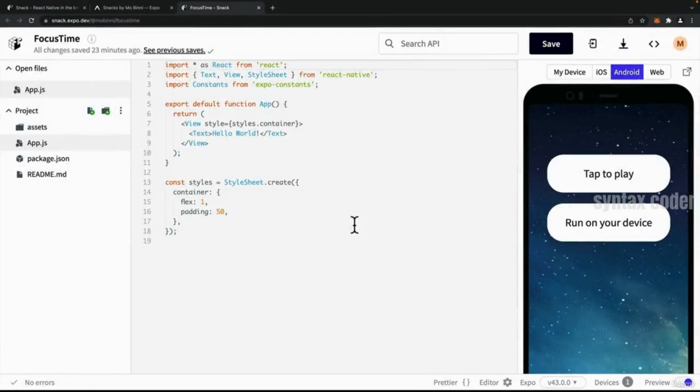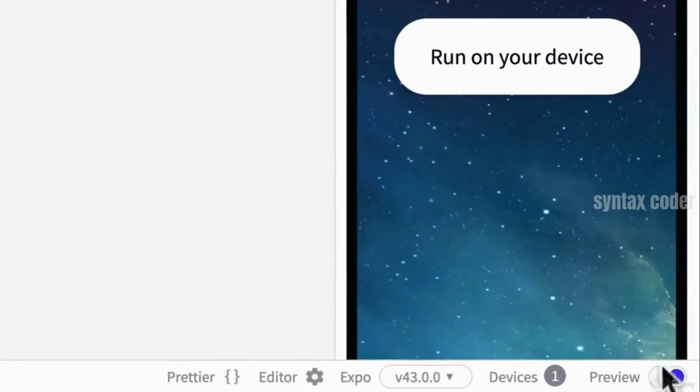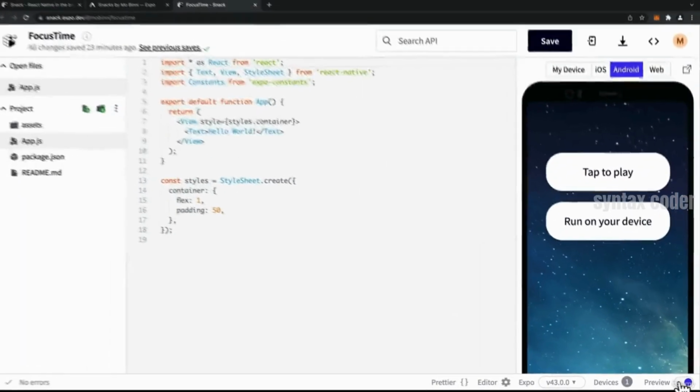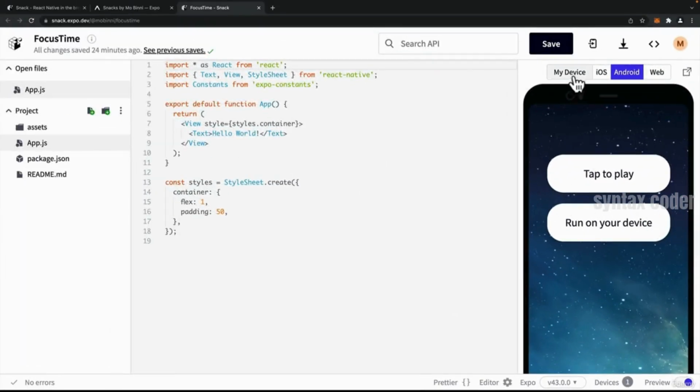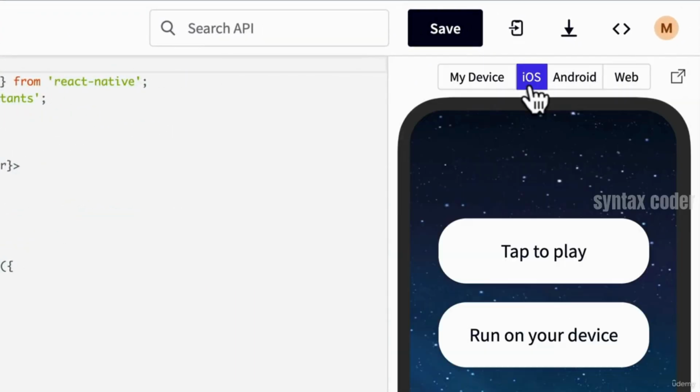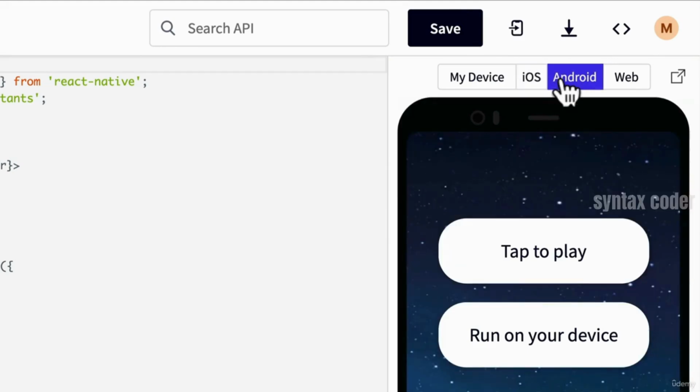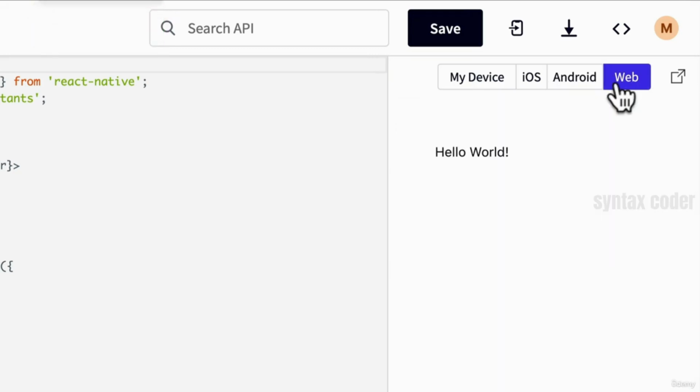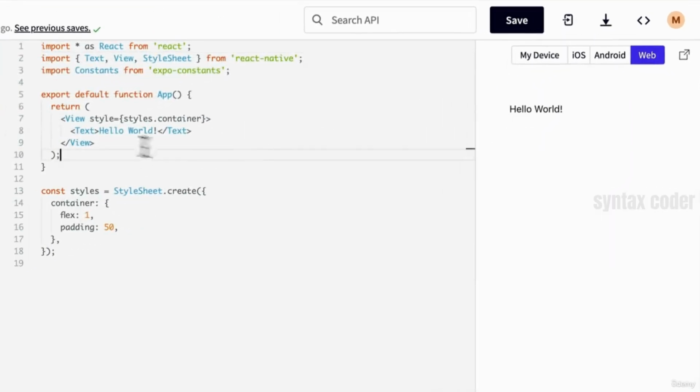Now that we've set things up, we've rendered our Hello World app, and we have everything set up to start building FocusTime. One thing to note here is that when you're in the preview tab and you're trying to run your app, you have the availability to run it on your own device, to emulate it in iOS, and to emulate it in Android. But also Expo ships natively with the ability to run a native app that we're building here for iOS and